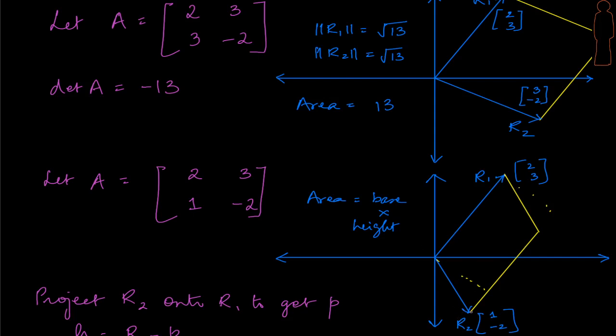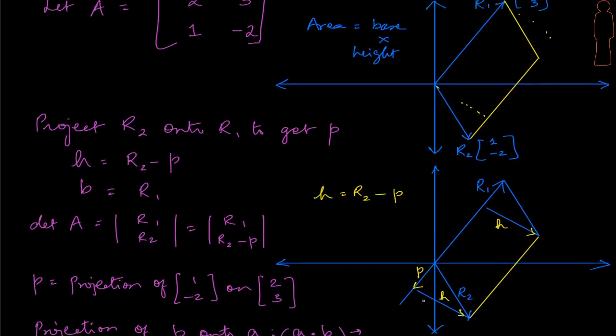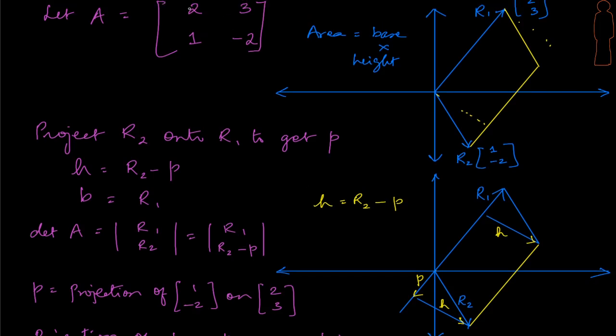And therefore that is an interesting idea, because we know projections. We can use the idea of projections and try to figure out what is that new rectangle that's going to form. Let's take a look at the diagram. So look at this interesting diagram. This is the same two vectors, but the way we are looking at it is, I'm taking R2 and projecting it on R1. Yeah, it's falling on the other side. So if we use our idea of dot product, it's very clear that the dot product of R1 and R2 is going to be negative. Is that really the case? Let's check. Take the dot product of 2, 3 and 1, minus 2. Yes, that's indeed negative. So that also is physically verified in geometry here.